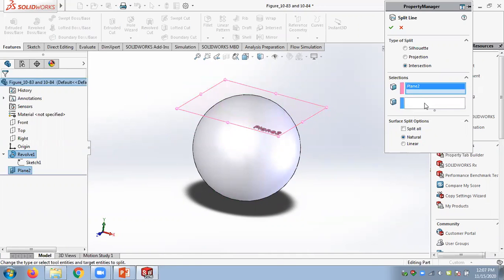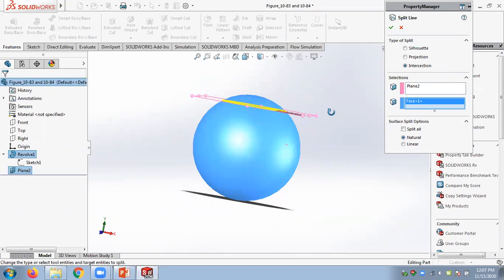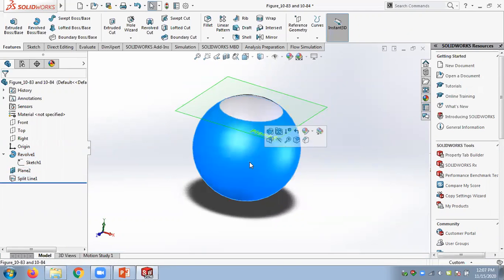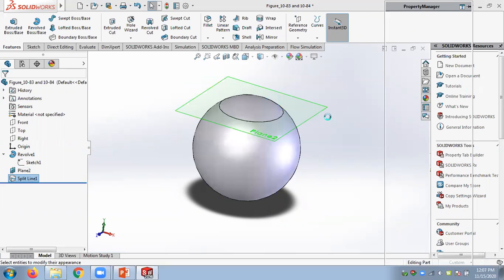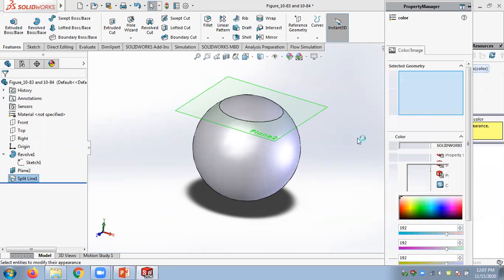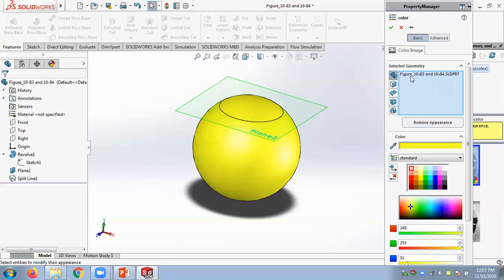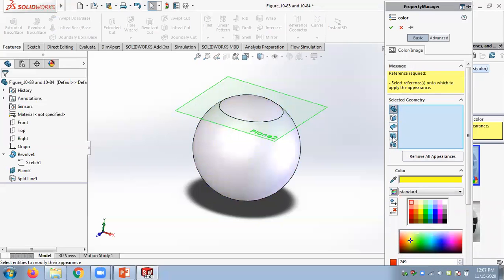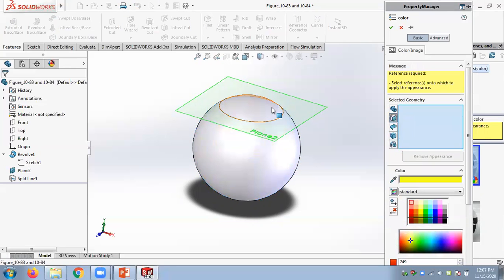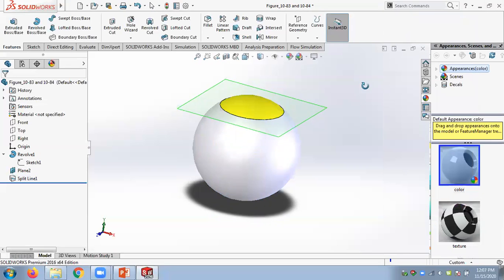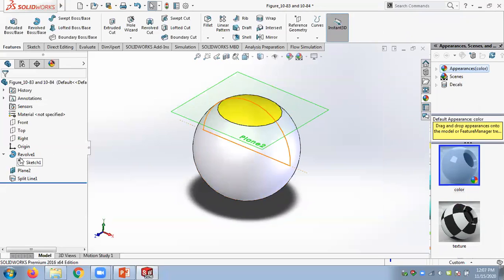So this is the plane and this is the body to cut. So you can see it was cut now from the face. So now this has two faces. So the idea here is, if you want, you can color this. Say I just give a color, not for the entire body. This way we can give a different color. So it's a single body still, but I have split the face. Or on the simulations we can